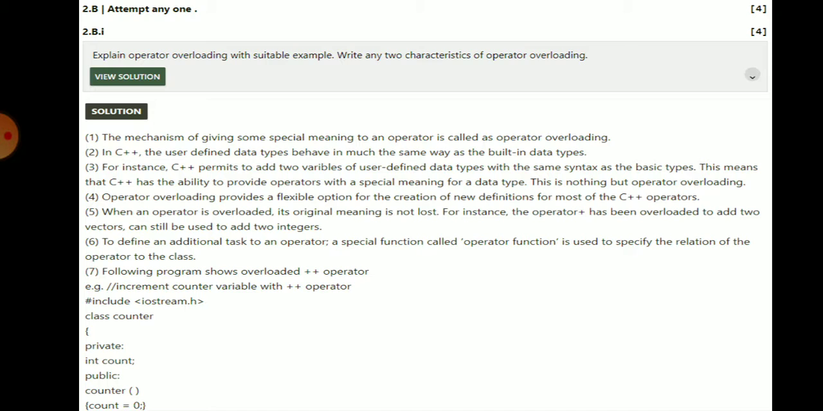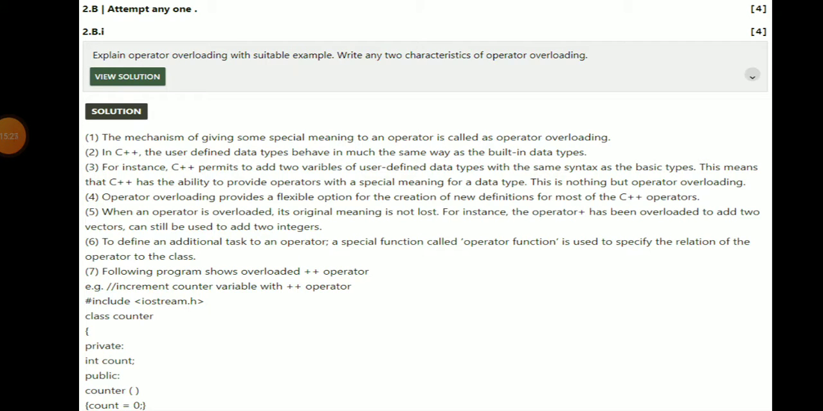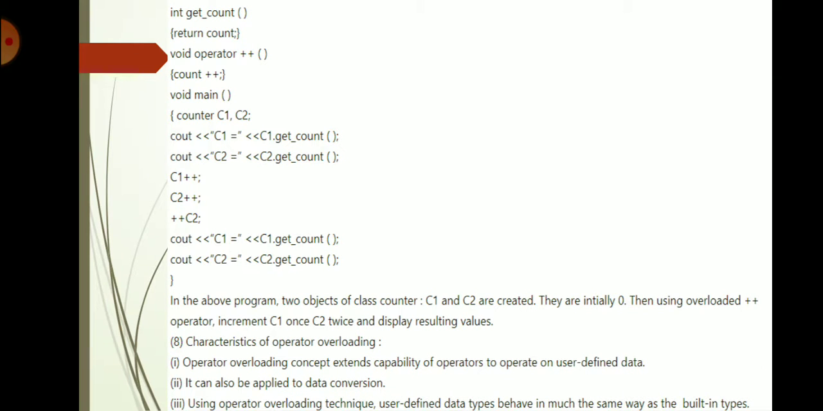Then next point: the following program shows overloading the plus plus operator. Example, increment a counter variable with the plus plus operator. For example, include iostream.h, class counter { private: int counter; public: counter() { count = 0; } int get_count() {